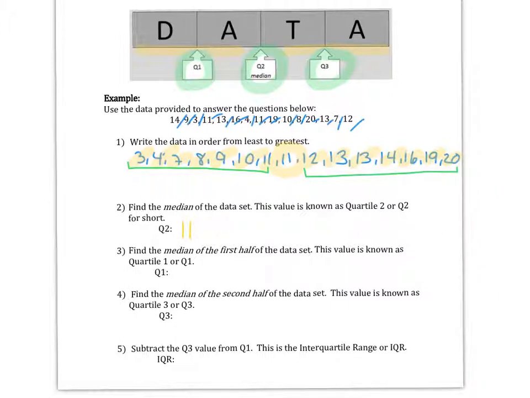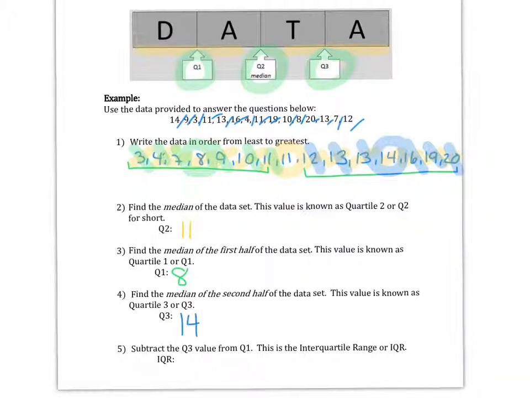So to find my Q1, I'm going to go ahead and cross off again, least to greatest, through my lowest and highest value, but notice I'm not including that 11 that I already circled. So my Q1 is going to be 8. Because again, now it's the middle of the first half of my data set. And then I'm going to go ahead and do the same thing for the upper half. Again, notice I'm not crossing off that median, so that I have 14 as the half of my upper data